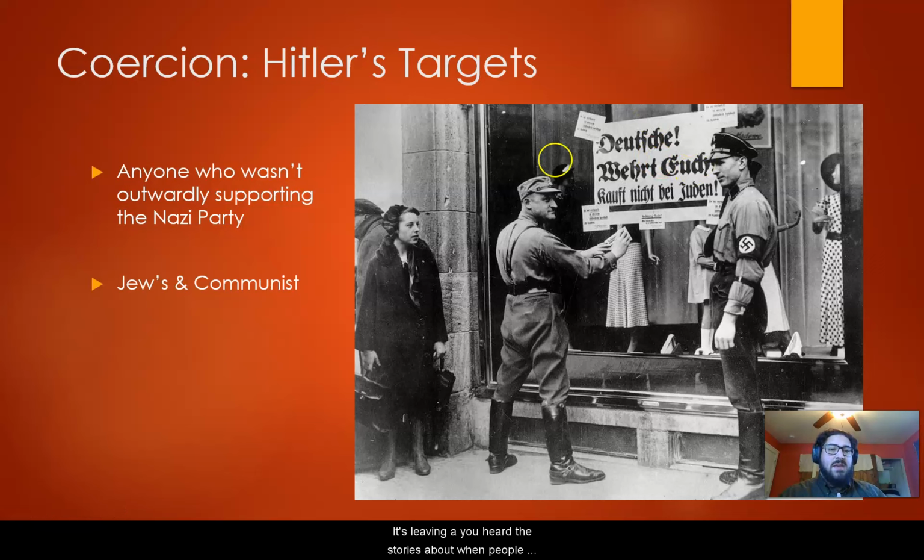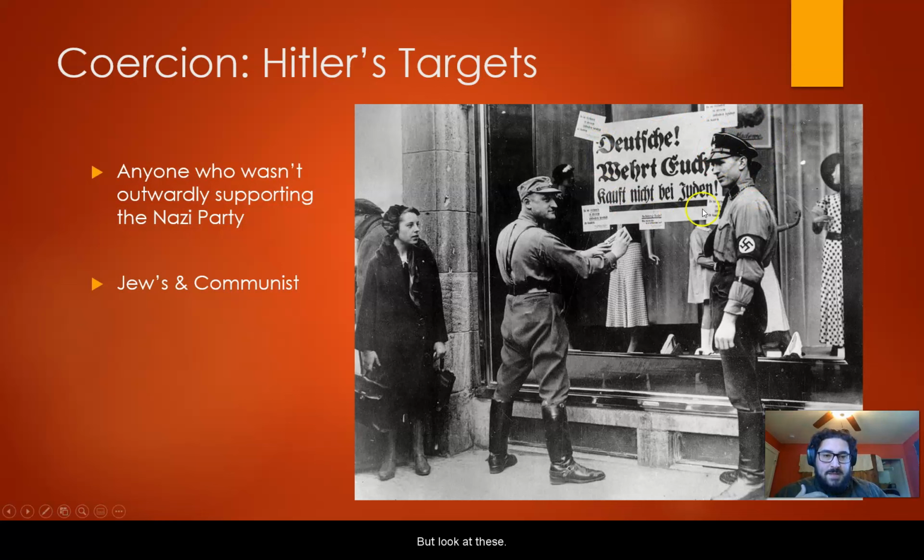You've heard the stories about when people get beaten up. You've heard what happens. We are here to support Germany only. So like this sign right here. Right here it says, Germany, we no longer need to support the Jews. And all these little posters here talking about some of the protocols of the Elders of Zion and anti-Semitism.